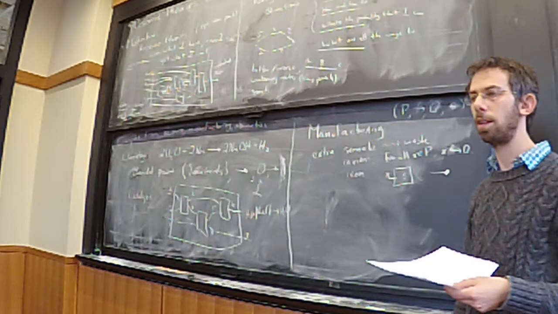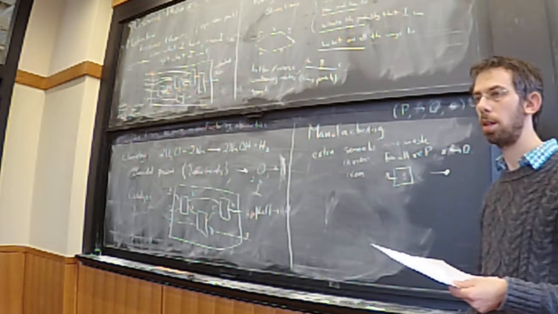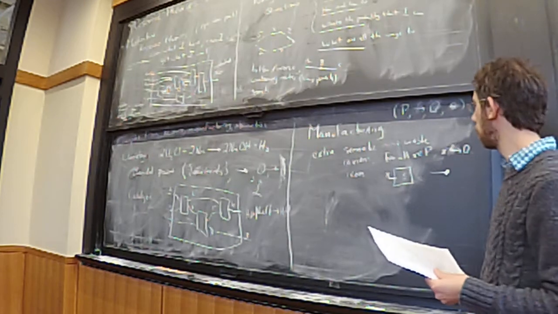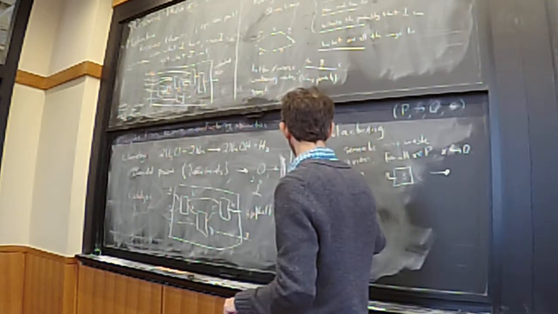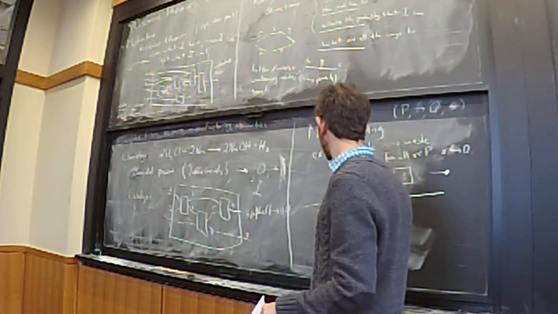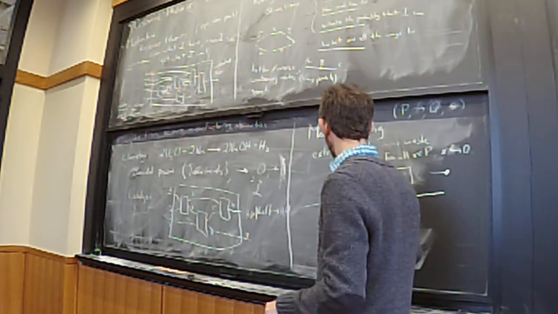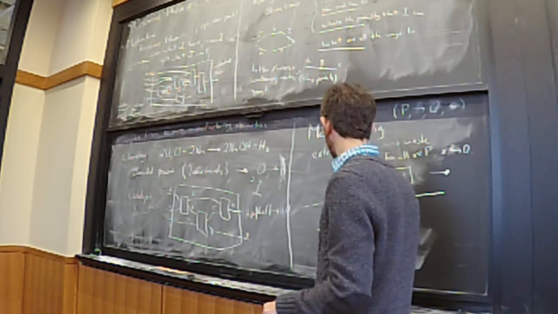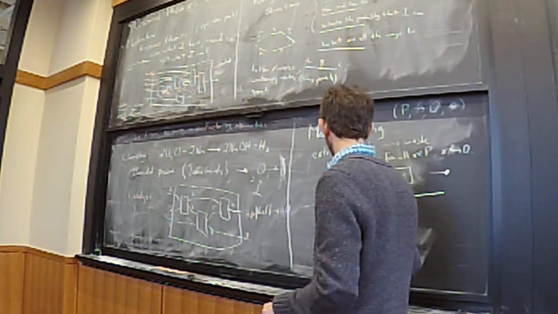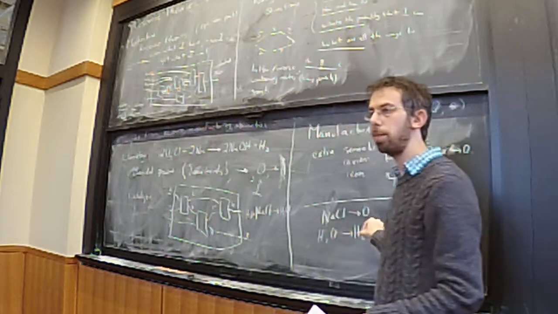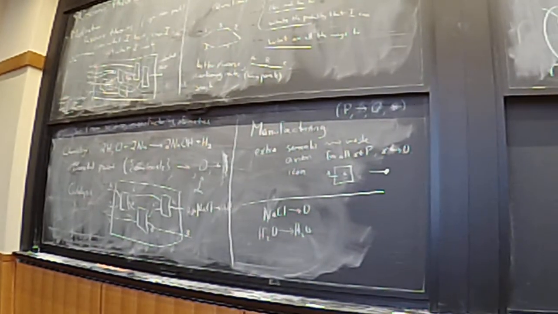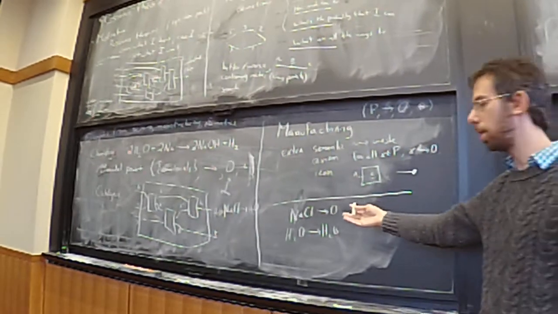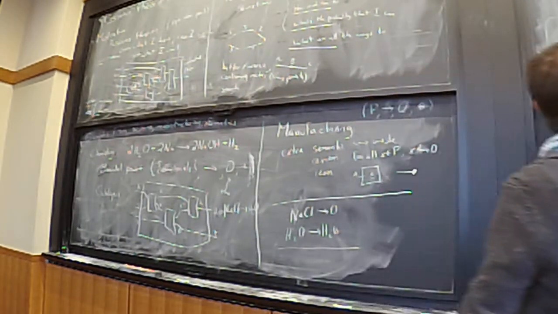Can you explain why that's an instance of this? Because there's 0 on the right-hand side here. Oh, right. So in this example, if I have NaCl going to 0, and I have H2O going to H2O, well, I definitely have this one because I'm in a poset. So I have the reflexive thing for every element. And then condition A,